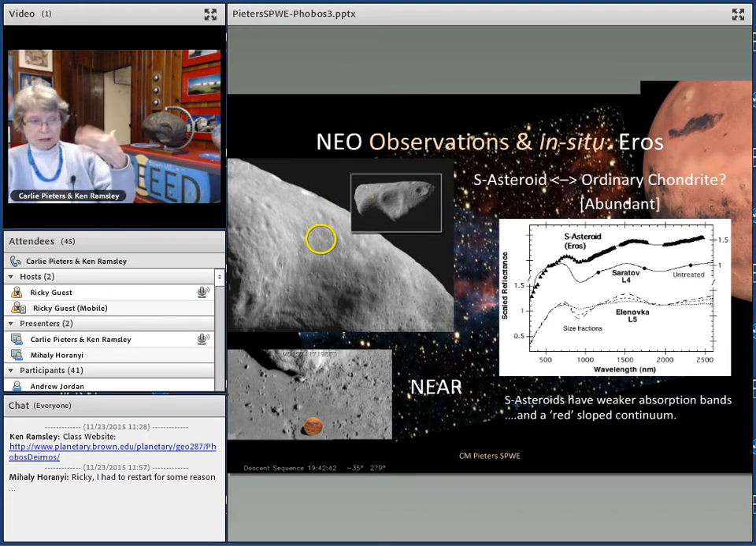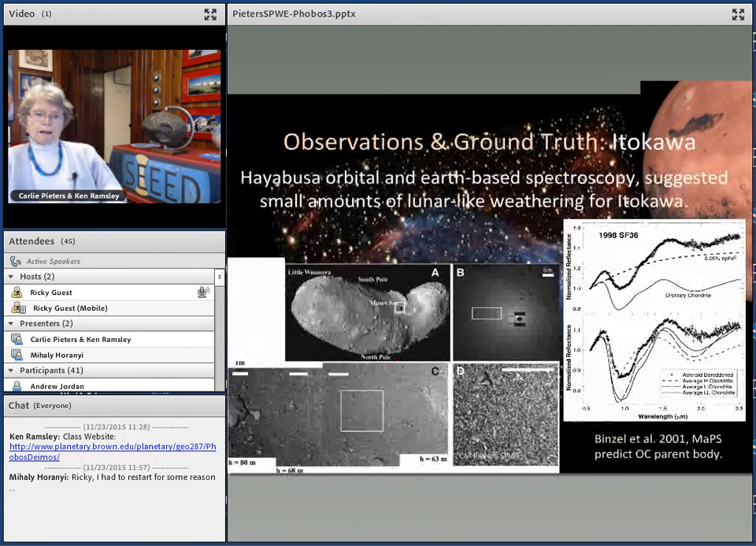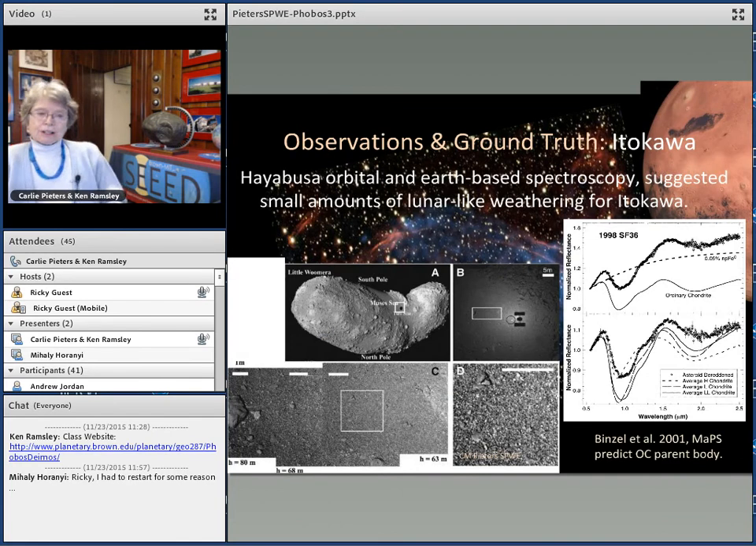It orbited Eros, and it landed on Eros and was able to put some of its compositional instruments in the dirt on Eros. And in a series of papers, it was shown quite clearly from the elemental measurements that were directly made on this asteroid that this asteroid does have the composition of an ordinary chondrite. A little bit later,